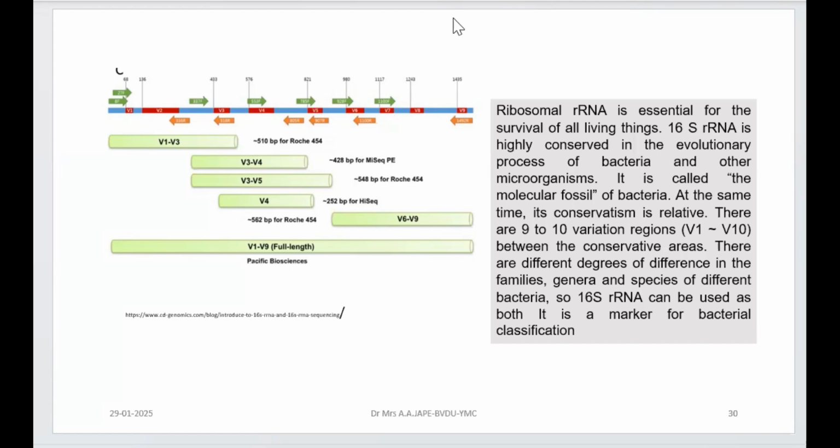The approximate number of base pairs for a particular sequence is also given. For example, the V1 to V3 region is about 510 bases, right? We need to know these sequences, which are the regions to be compared when you are comparing the divergence variations, or the relative conservation,